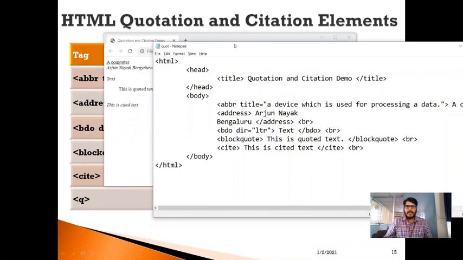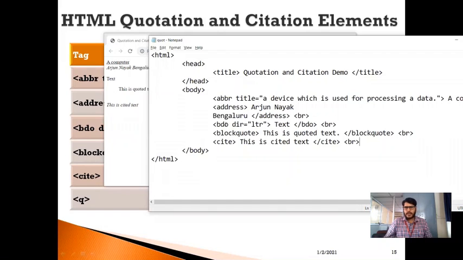So similarly, we can include quotations for the text. For that, I can use simply a Q tag. So this is Q tag text. Okay. Let me close this Q tag and let me include one new line.